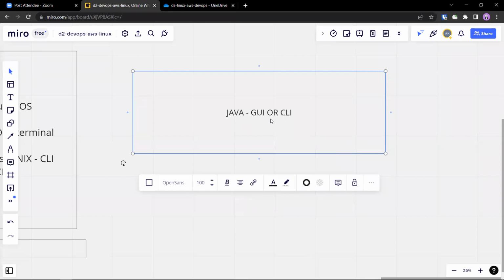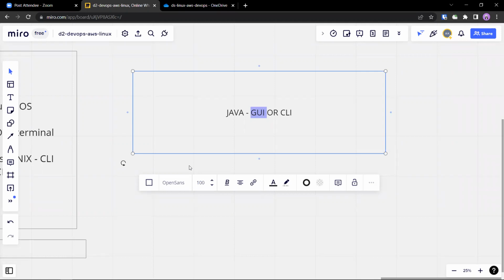Which is more popular and easier for Java, CLI or GUI? CLI, isn't it? Which means you are more comfortable with Linux than Windows, if you are a Java programmer. Yes? No? Makes little sense? Which means you're already doing what we are trying to do here.